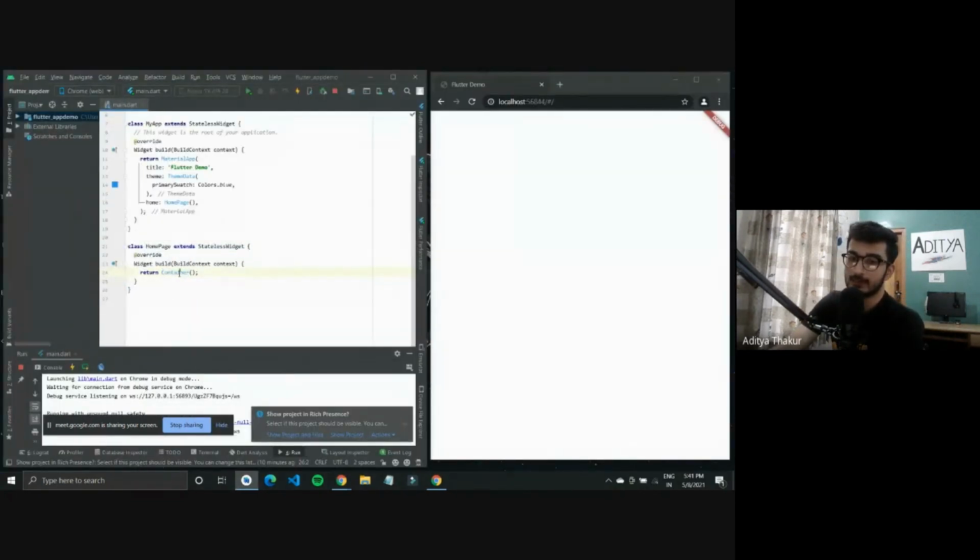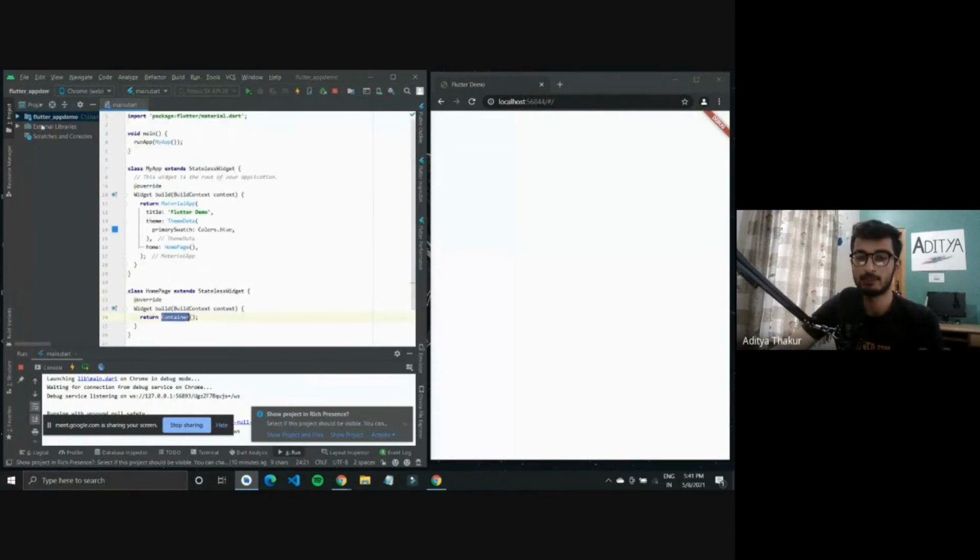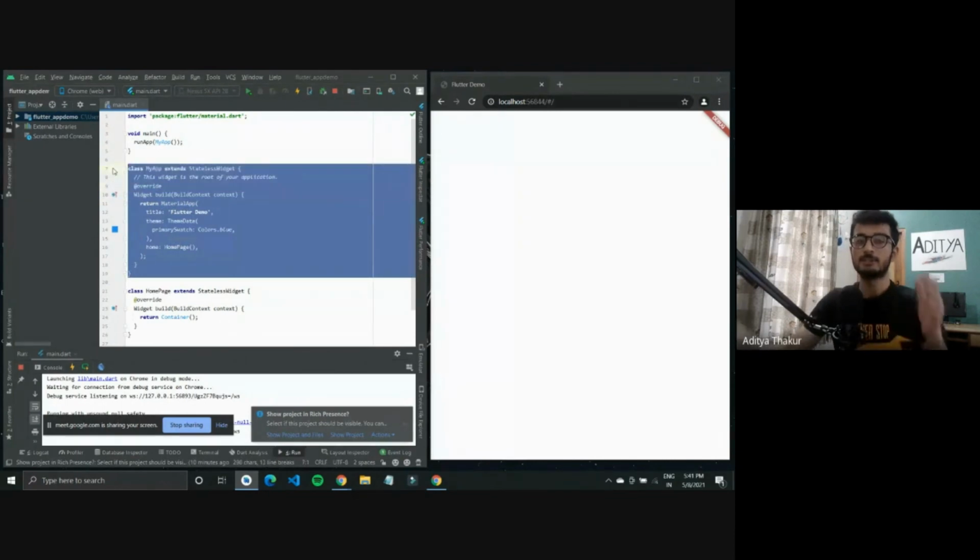So what we did right now is I told you about the main function. Then we have the my app widget. So this my app widget is the basic or the ground widget on which we will build everything. So widgets again are Lego blocks. You'll keep one on top of the other and you will have the complete application. We'll start with the my app, which is like the base of it.